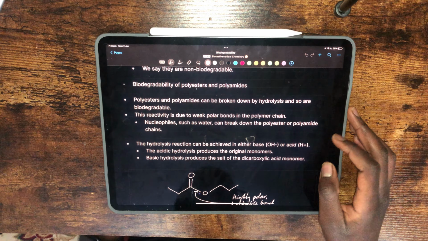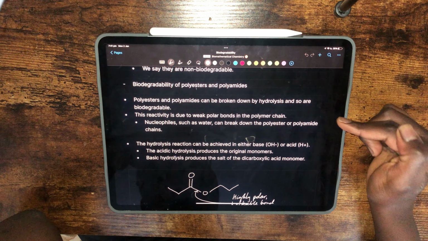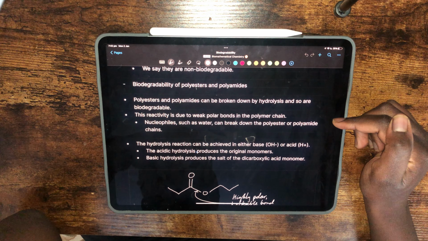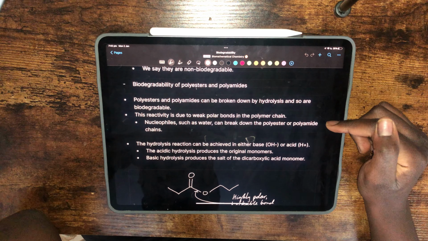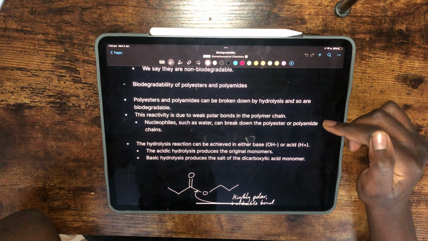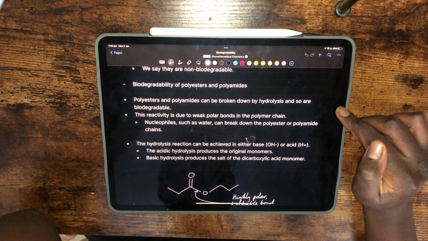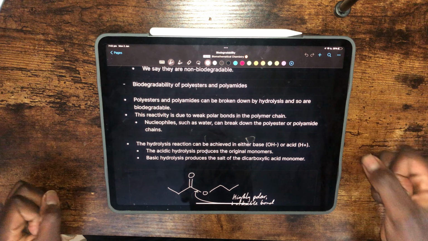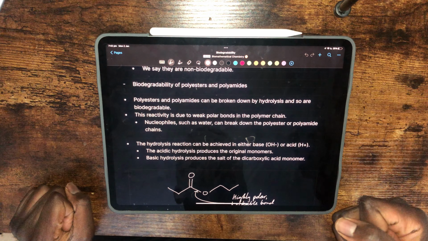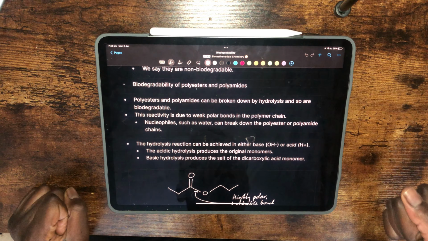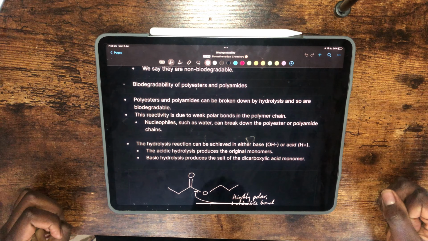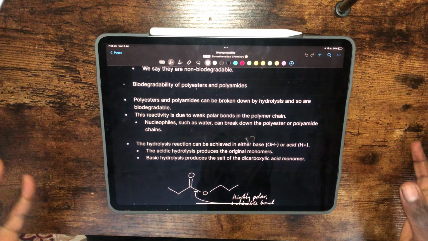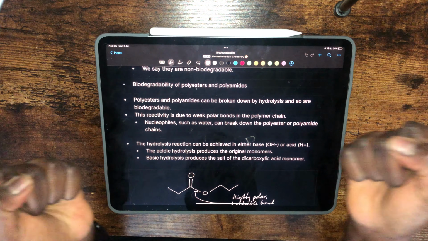Now, I want to cover this point here that some people are confused on, when I was talking about weak polar bonds. Overall, hydrogen bonding is stronger than weak van der Waals molecular forces. In terms of holding the chain together, it is stronger than weak van der Waals forces. But when we're talking about adding a base to it, if I was to physically pull